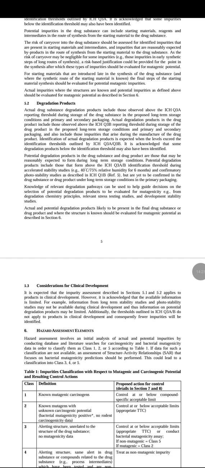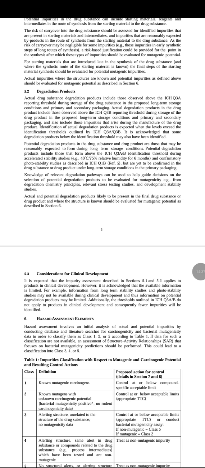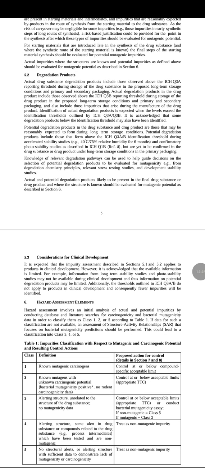Then the risk of carryover into the drug substance should be assessed to identify impurities that are present in starting materials and intermediates, and those that are reasonably expected by-products. In the route of synthesis from the starting material to the drug substance, the risk of carryover may be negligible for some impurities. A risk-based justification should be provided for the number of synthesis steps after which these types of impurities should be evaluated for mutagenic potential. For starting materials that are introduced late in synthesis, their drug substance